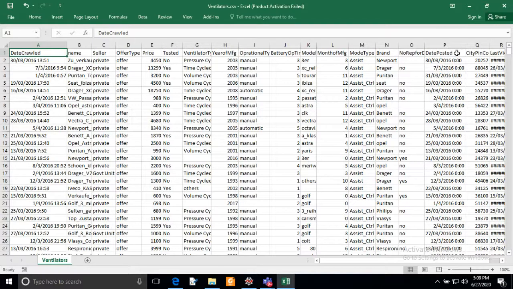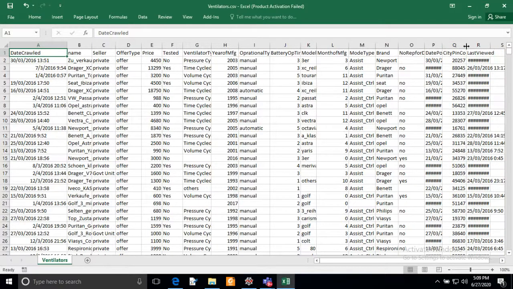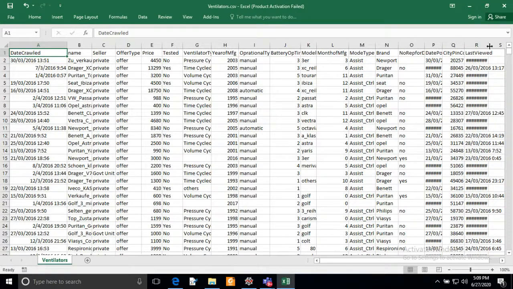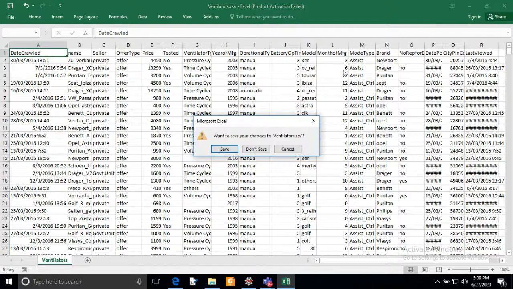And date posted, meaning when this web advertisement was created on the website. And the city pin code of the seller, and last viewed, meaning when that item was last viewed. So this is the information of this data set.